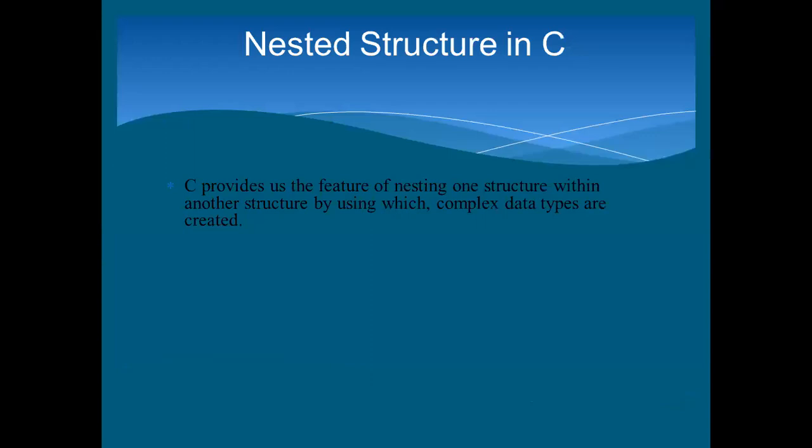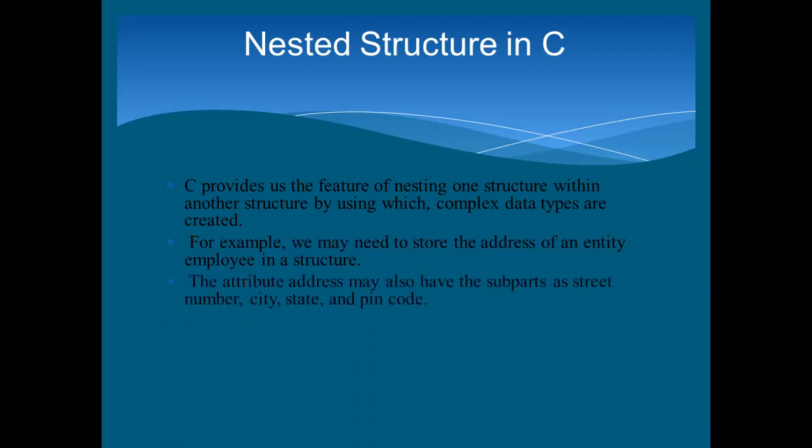C provides us the feature of nesting one structure within another structure, by which we construct complex data types with the help of nested structures. For example, we may need to store the address of an entity employee in a structure.